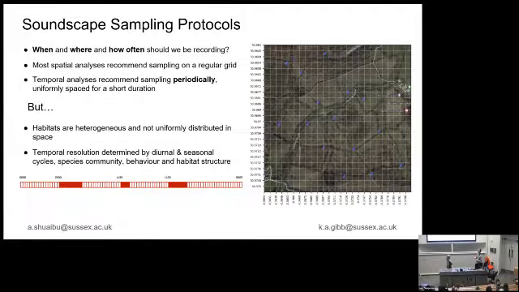The species community as well, and the behavior of that particular community, and the structure of the habitat, and so forth. And then there are loads of other factors that are going to affect this. There are issues potentially with oversampling, or we might end up with pseudo-replication problems. Often you don't necessarily know where exactly you should put the recorder. Maybe you need to move the recorder. Maybe certain places, if you wanted to put them on a regular grid, are not accessible, right? So we have this problem where they're not always in the same place.